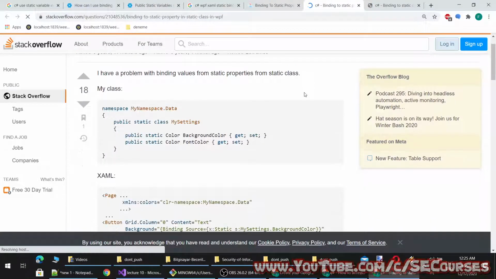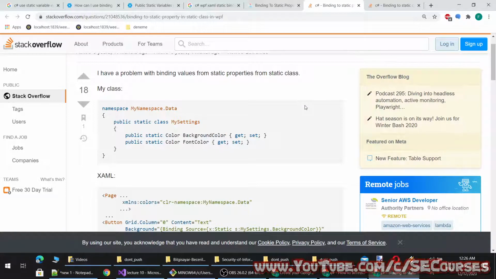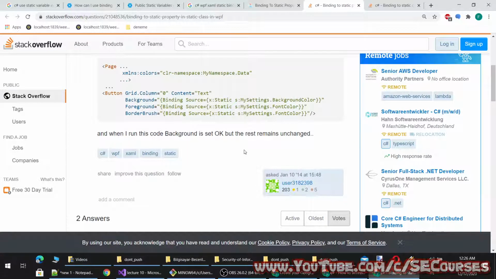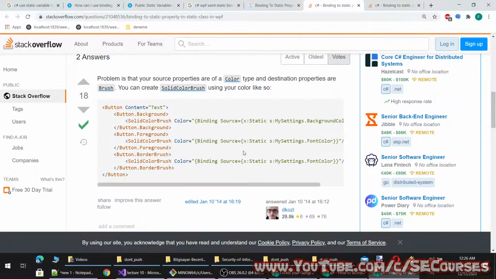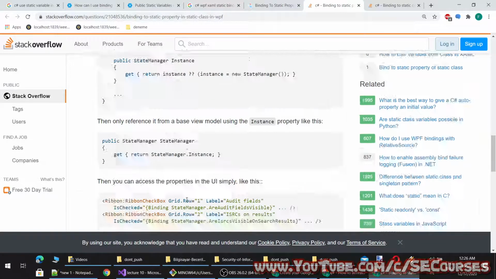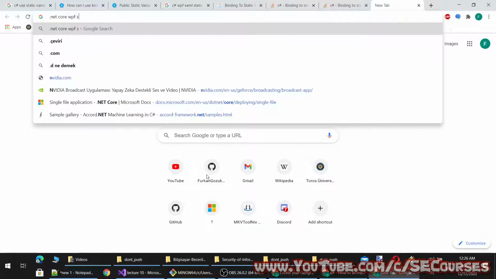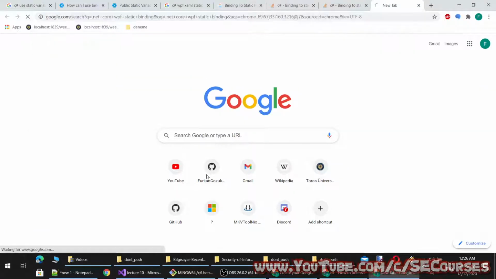Maybe it is because we are using .NET Core. Let's look for it. .NET Core WPF static binding.